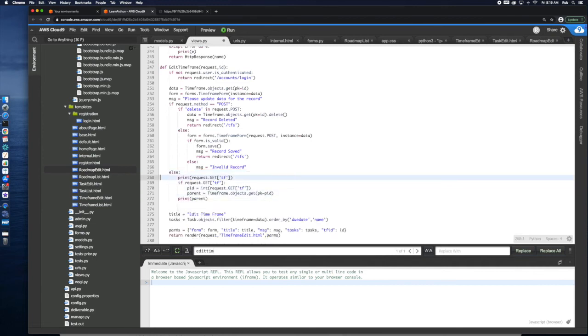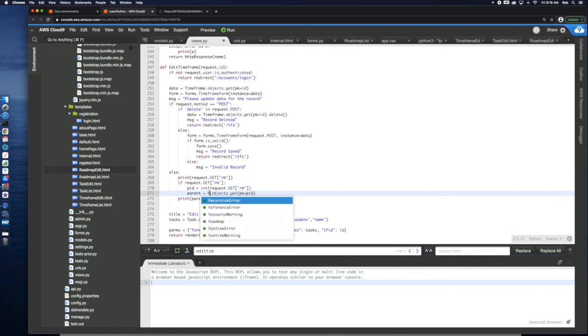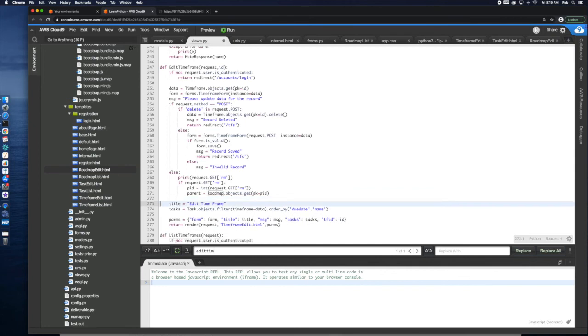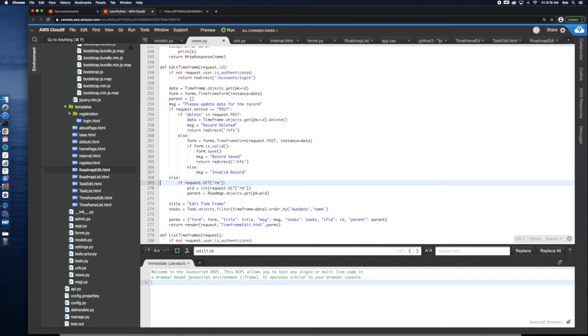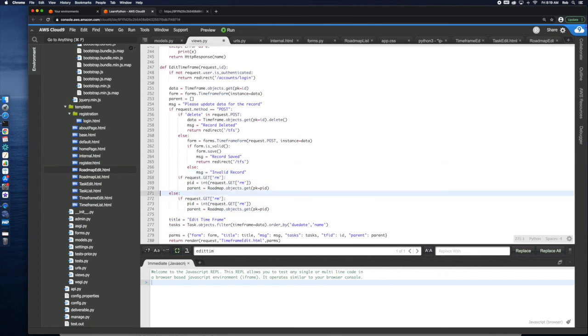So here's my else. So if I'm a post, otherwise I'm going to do it, but now it's not TF, it's RM. Whoops. RM, and that's not a time frame, that's a roadmap. Parent ID, bam, bam, bam. I don't need to print that. I do need this to be parent. And I want to do a parent here equals to null. And I don't need that print, but I do need this to be a post.